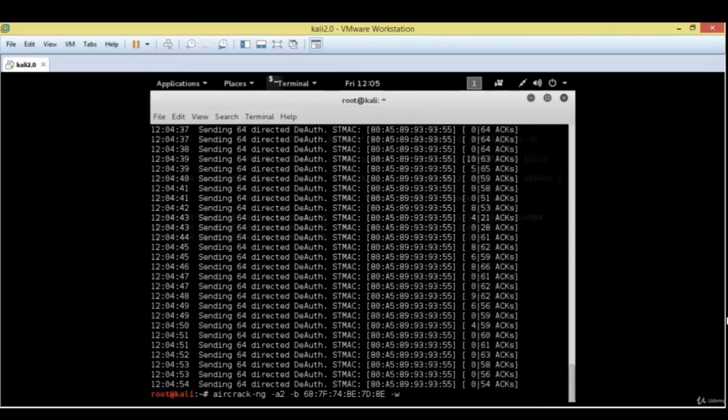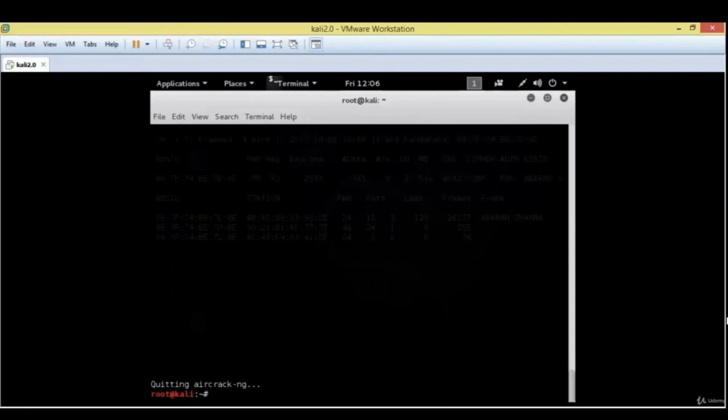Mention the path of the password dictionary here. And at last mention the path of the file in which we have saved our captured packets. I am using star.cap here to include all the files with the extension .cap, and now press enter.